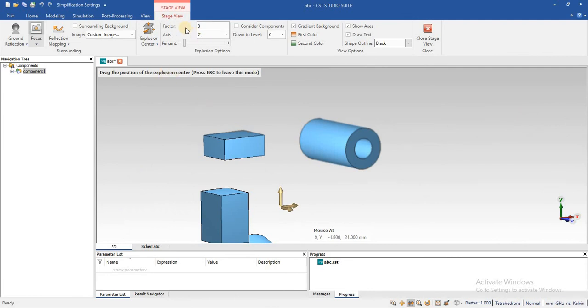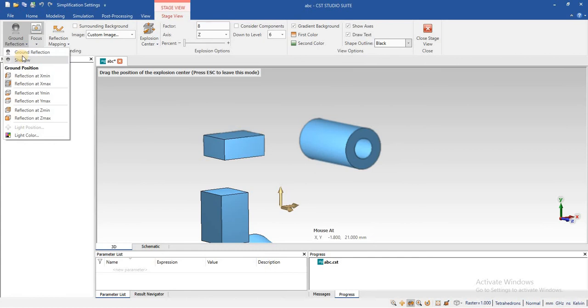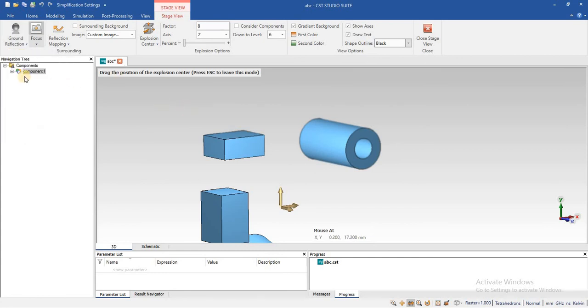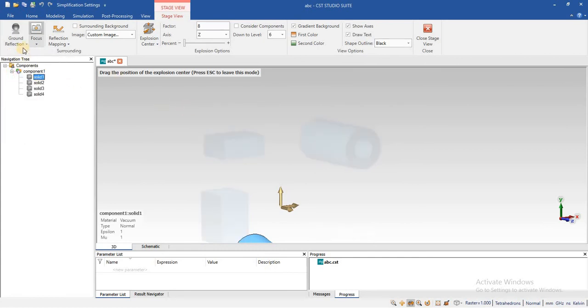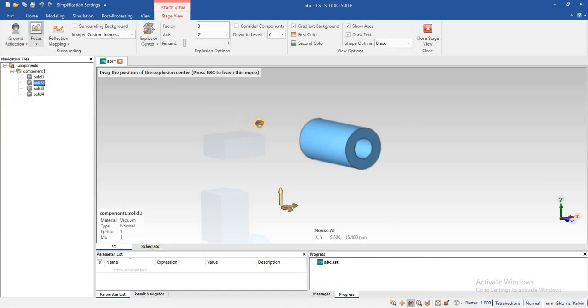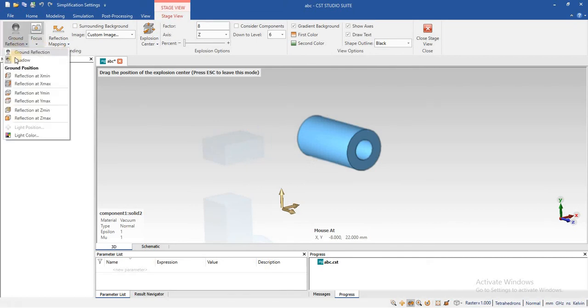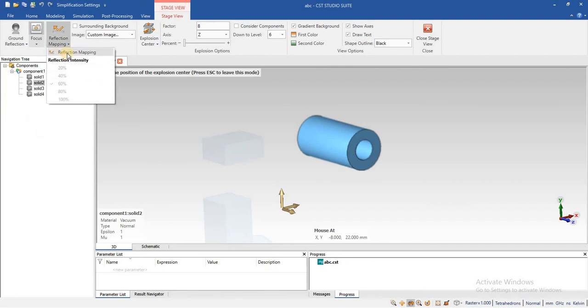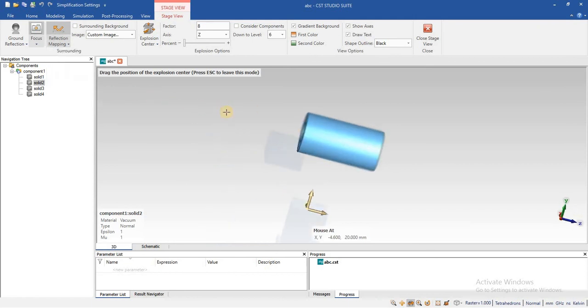Similarly, the last one in stage view is reflection. You can show the object reflection on whatever axis you want to show it from here. You can show the shadow of the object, and after that you can map it.